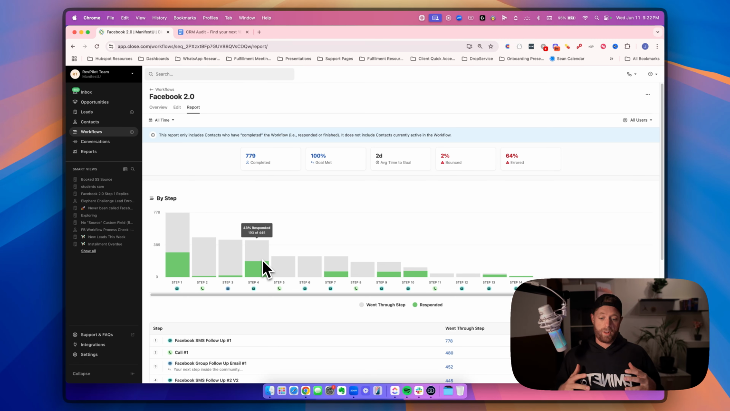Super, super good example. But a lot of times you're going to go in here and see that on the first 2 messages, you maybe have a 5% response rate. And that should be an alarm bell. It should put up the red flag right there. Hey, this is an issue, because